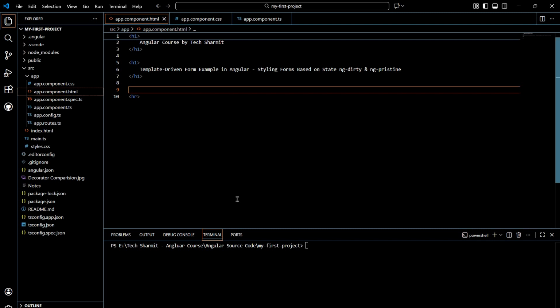In this session, we are going to talk about another very important example related to template driven form, where we will see how to apply styling for forms on the basis of state, ng-dirty and ng-pristine. Prior to this session, we already discussed many other states like ng-touched, untouched and many others. So this session is in continuation of the same, where we will be mainly focusing on ng-dirty and